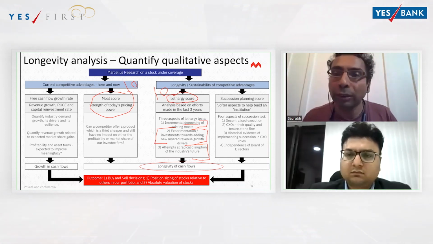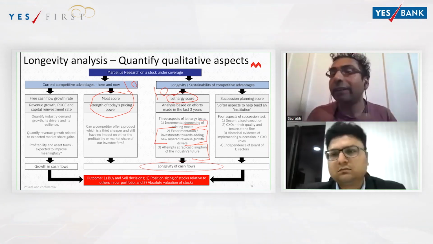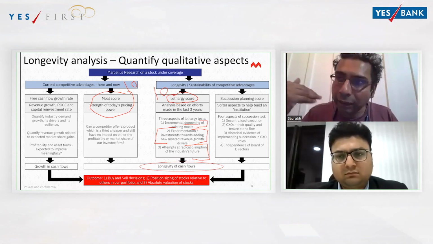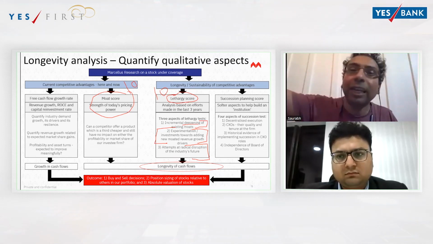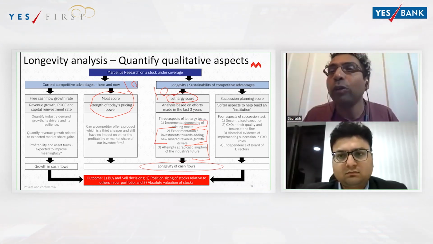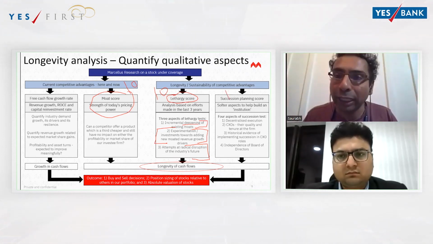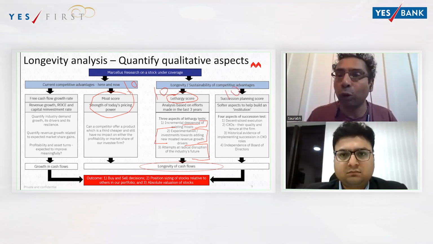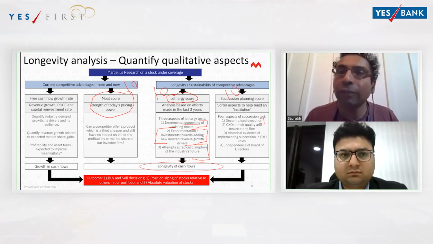How do you know what is the strength of Titan's bench, right? Next generation है. So to assess the strength of the management team 10 years hence, 15 years hence, we look at succession planning very carefully. इसको भी 10 points दिए जाते हैं, right? And to understand that, we break it up into 4 parts. Firstly, is we meet the functional heads.